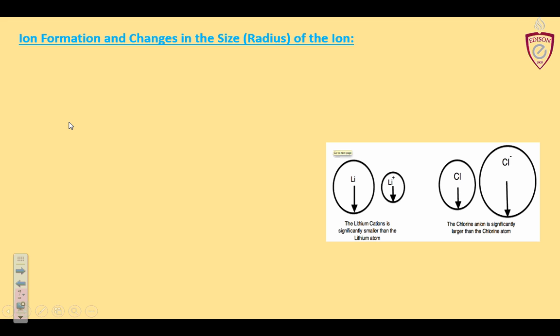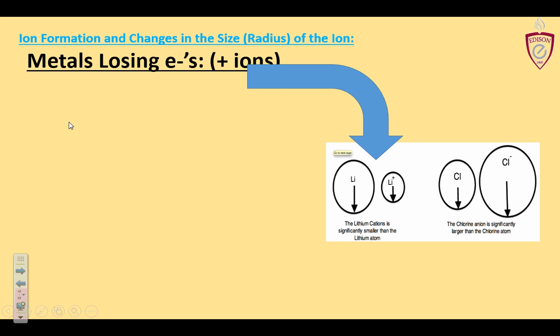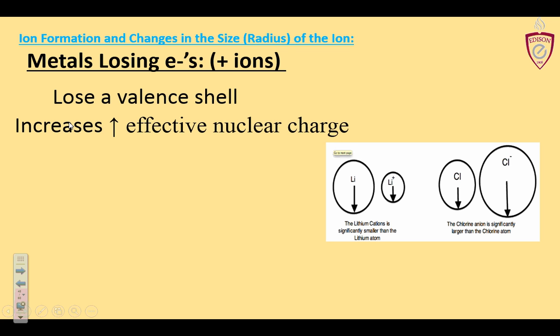Here's another graphic that shows us what is going on. Metals losing electrons always form positive ions. Lithium, the atom is big, the ion is small. Why? Because it lost a valence shell. There's a whole layer of the onion that isn't there anymore. The effective nuclear charge does increase, because there are more protons than electrons, and there are fewer shielding core electrons, so the effective nuclear charge increases,